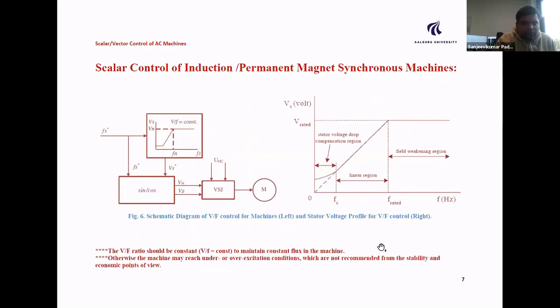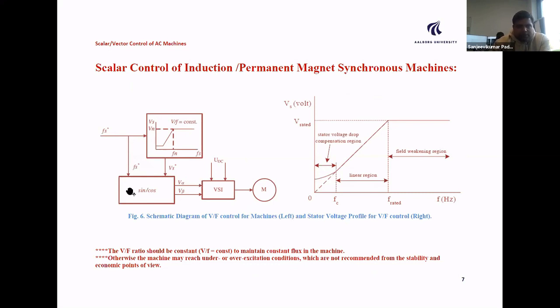Last but not the least, the simplest condition is the scalar vector control. So in scalar vector control, you can have a frequency parameter, and this is a lookup table you need to calculate. You have the frequency variation, then voltage variation. So by varying the frequencies, you can plot a parameter of the voltage. So say 0 to 50 hertz. Then I feed the parameter here 0 to 440 volt. Example I'm giving. So this is a lookup table I create.